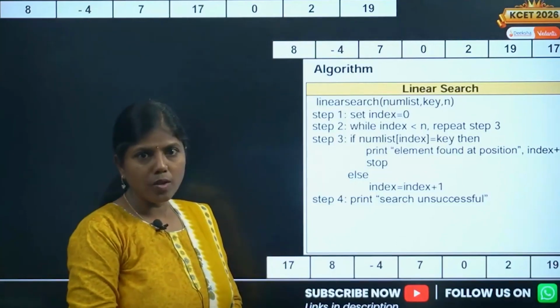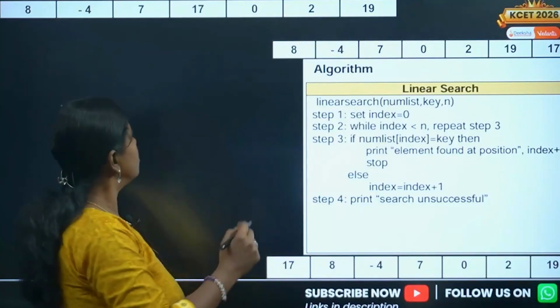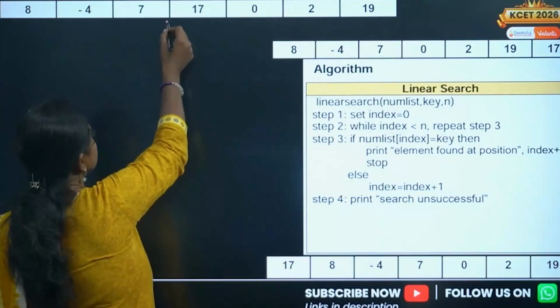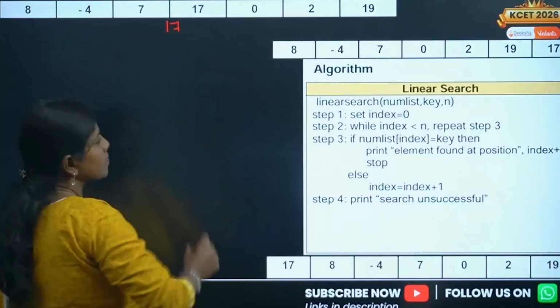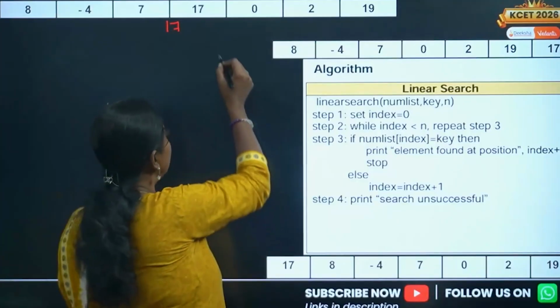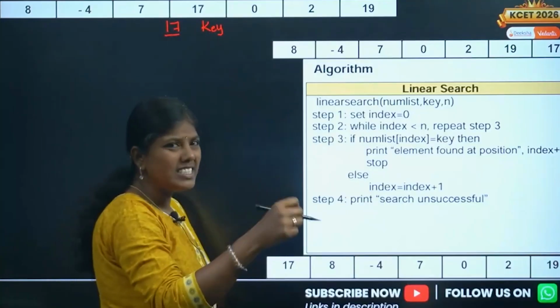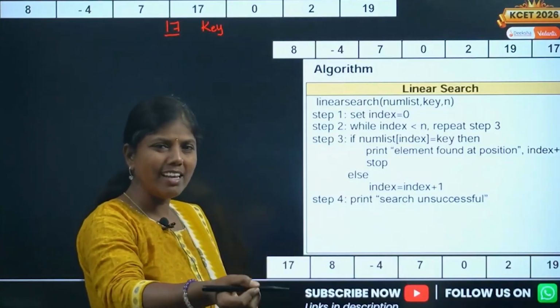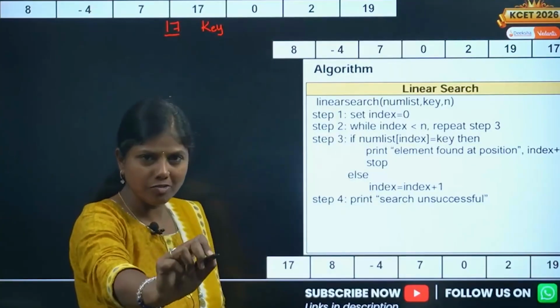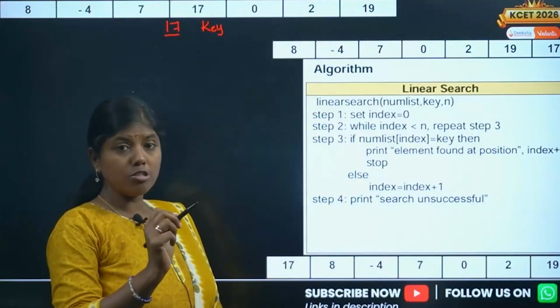And you're supposed to search 17. The key element is 17. The search element, specific element, key element is the element to be searched. Very simple, I'm supposed to search 17.